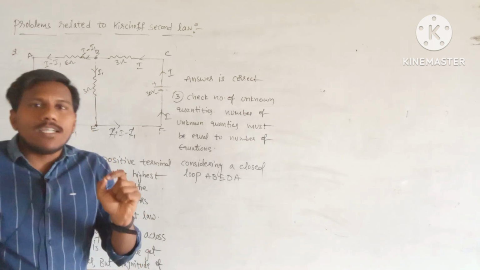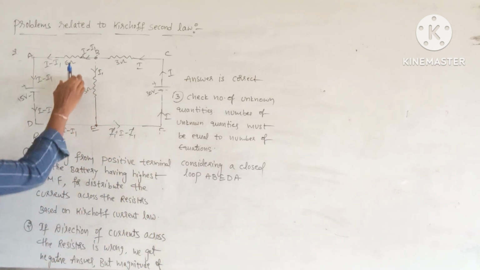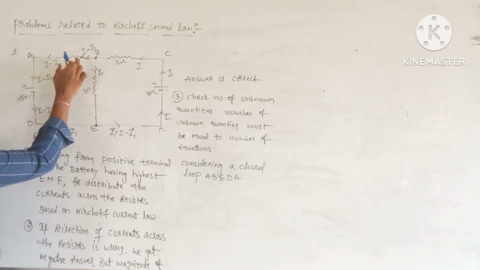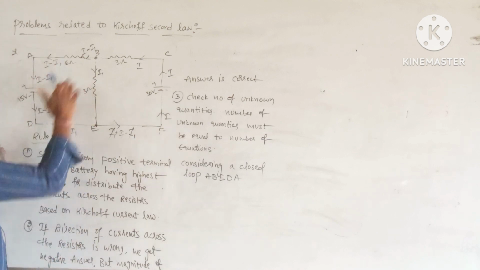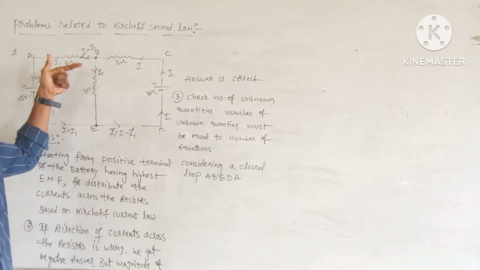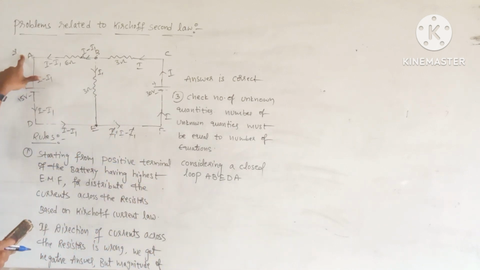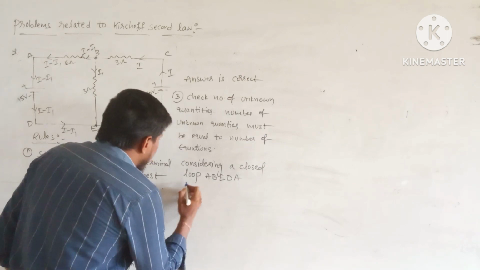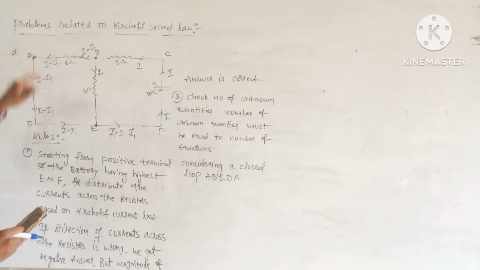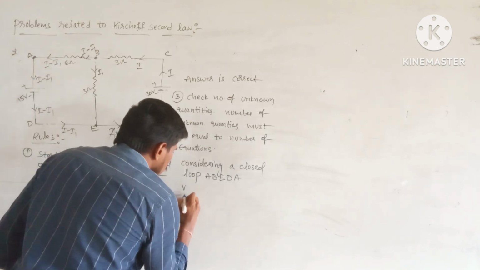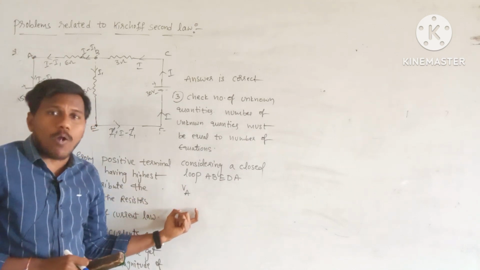what sign should be given to the potential difference across the resistor? Positive. Okay. Now I am taking the potential difference across this 6 ohm resistor as positive, because in this path we move against the direction of electric current. Okay. So first, starting from point A, at this point A voltage is existing. So here, I am starting from point A, that's why I am writing VA. VA means voltage at point A.